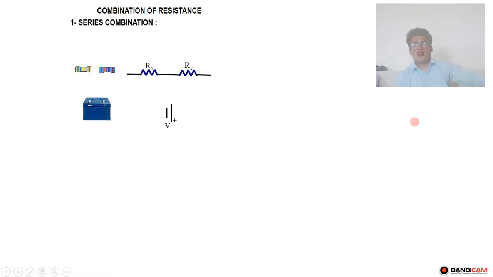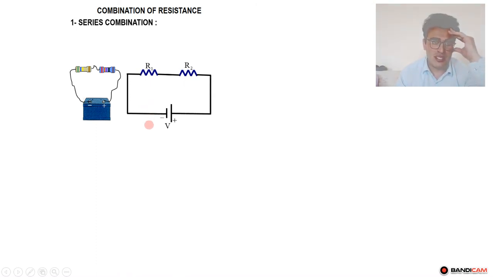Now, dear student, let us understand the combination of resistances. For example, here we have 2 resistances, resistance 1, resistance 2, and we have the battery. If you sketch the diagram, you have the symbol of the battery and the symbol of the resistance, as you see. Now we are connecting the circuit. Now the circuit is connected. The battery is connected to these 2 resistances, and here we have the diagram, and this is called the simple circuit,